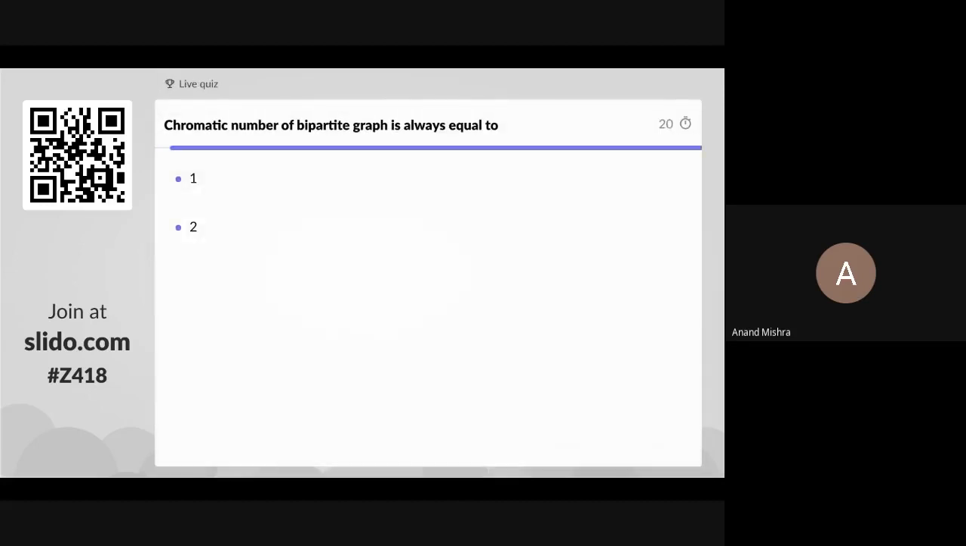Good. The chromatic number of a bipartite graph is always equal to